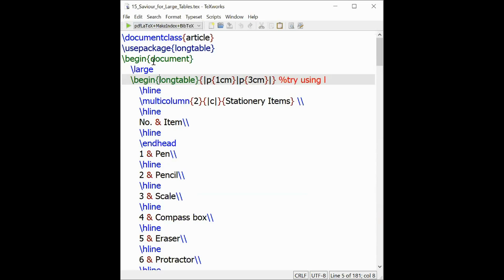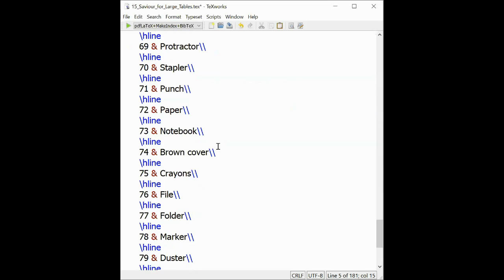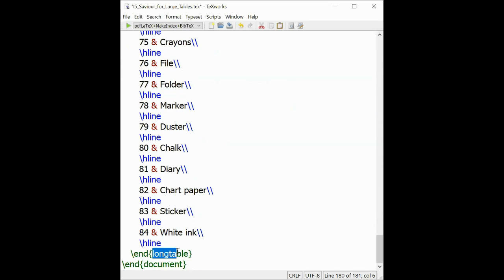So we'll see that with \begin{table}. We'll compile this and see how the output looks.